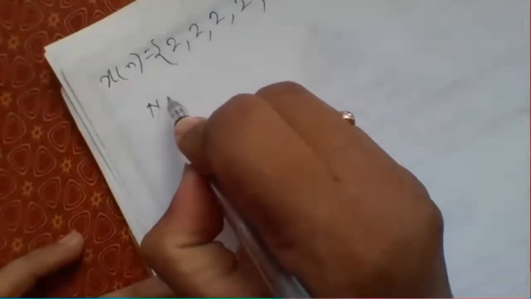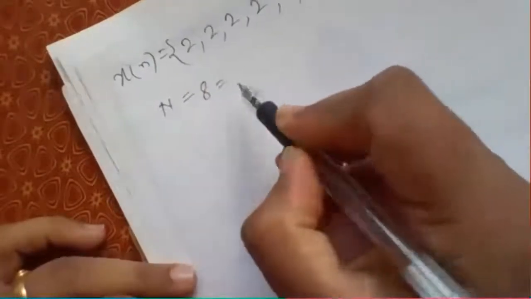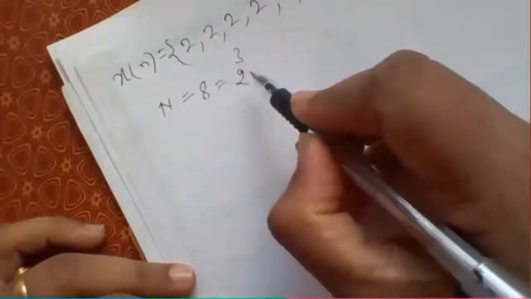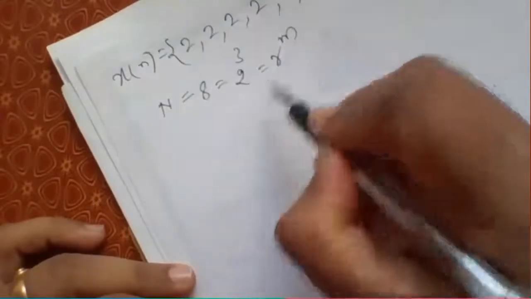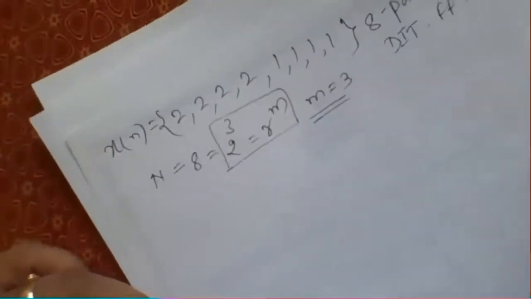In the previous sessions we have seen the calculation of 4-point DFTs. There, as N is equal to 4, the number of stages required was 2. Now here N is equal to 8, so it is equal to 2 to the power of 3. You can compare this as r to the power of m, so m is equal to 3. So this requires 3 stages of calculation. Even while deriving the algorithm, we derived it for 3 stages. Therefore, using the same signal flow graph, you can compute the DFT.